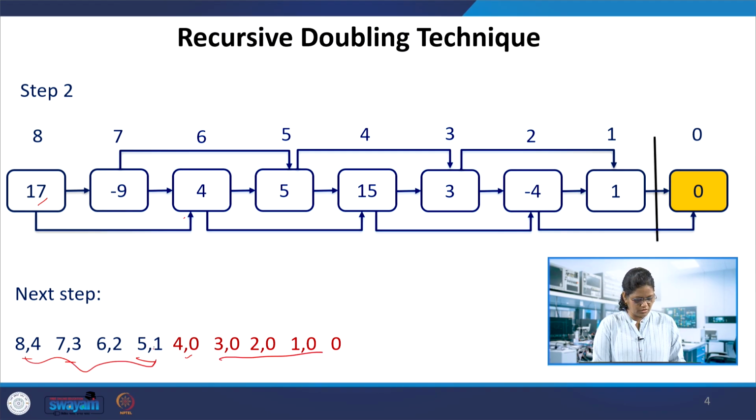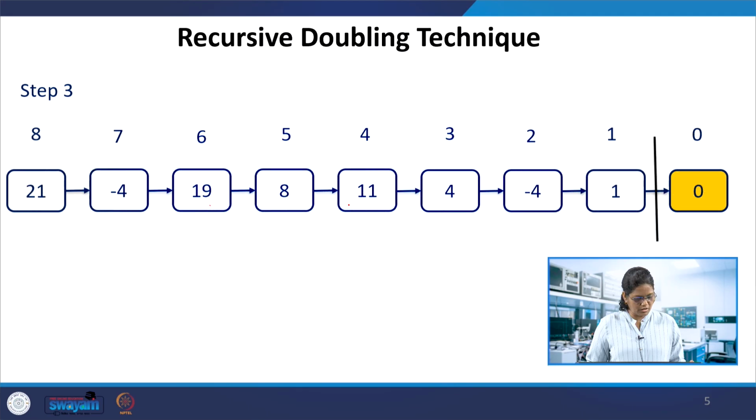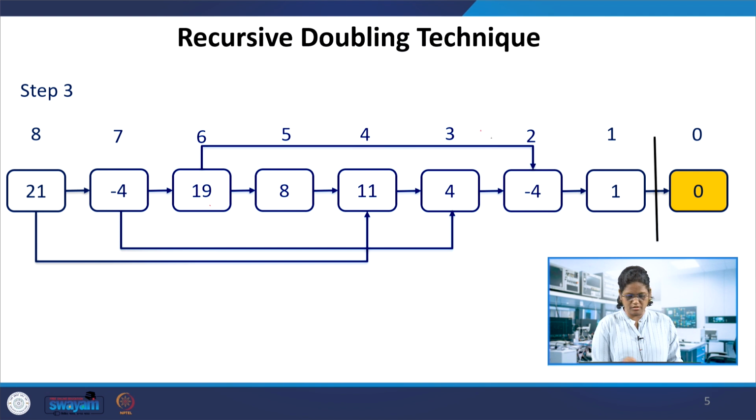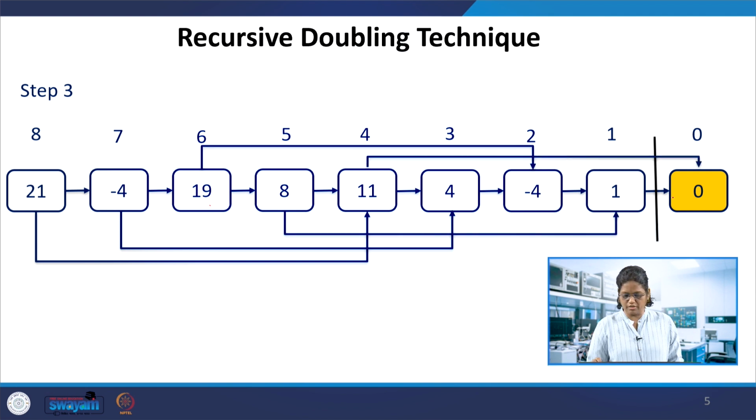So this is the next step, 2 power 0, 1, 2. This is skipping the 3 in between, and the 4th one is added with the first one. So in that process we get 21 and minus 4, 19, and so here we get 21 and 11, and then minus 4 and 4, and then 6 and 2, so 8 and 1, and 11 and 0.